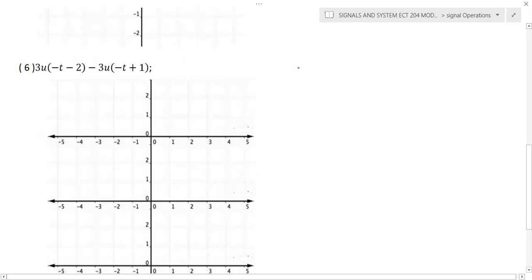Sixth question. So again, we need the definition of u of minus t minus 2, which is equal to 1 for minus t minus 2 greater than 0, or if you write, minus t greater than 2. We need a graph with respect to t, but here it is minus t. So we'll make it positive by multiplying with minus. So this becomes t, and the right side becomes minus 2. So now we need to change the sign. When we are multiplying with minus, the condition changes: minus 3 is less than minus 2, and when you multiply with minus, it becomes 3 and 2. So now we need to change the sign. You can remember this example always.